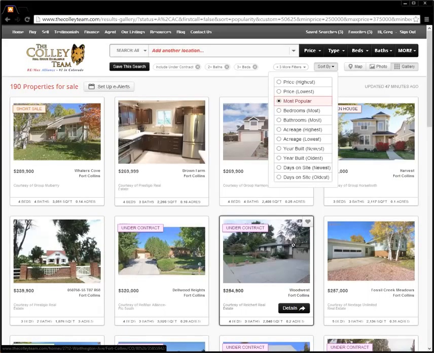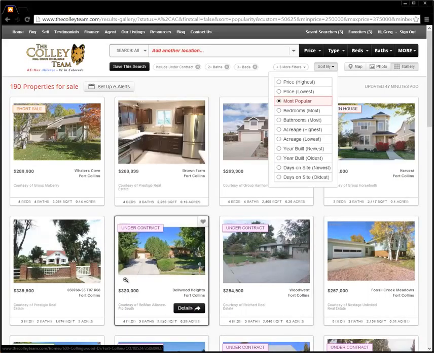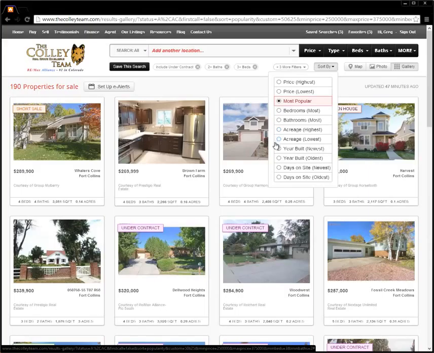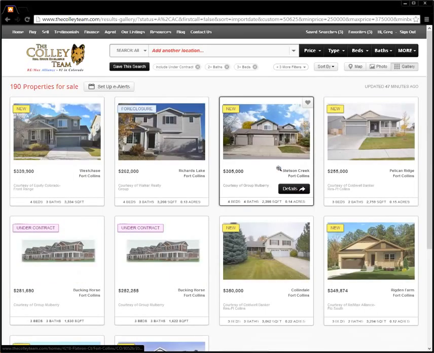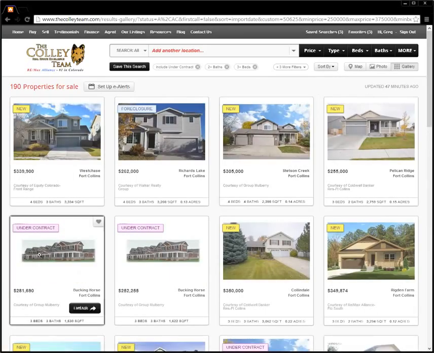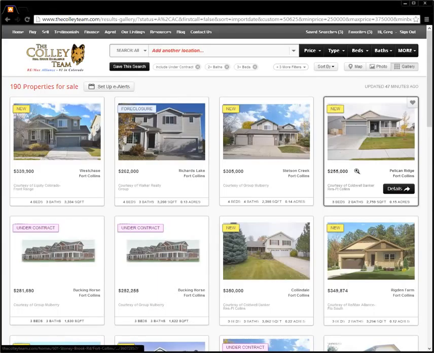It's also interesting to note that a lot of the under contracts come to the top because those were popular properties that clearly had a lot of showing demand and got under contract fairly early, would be my guess. Most bedrooms, acreage, years built, newest to oldest, days on site. That's a nice one. So if I wanted to look at fresh listings, here's a sort of those 190 properties